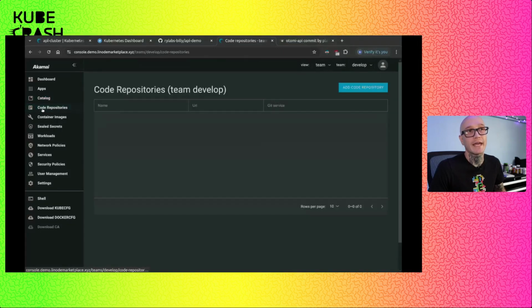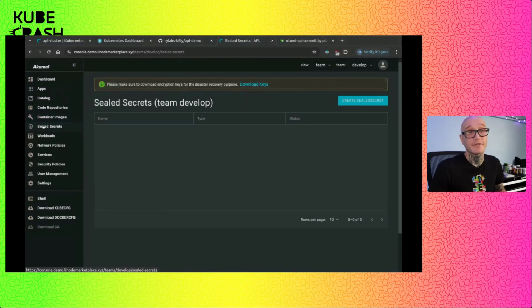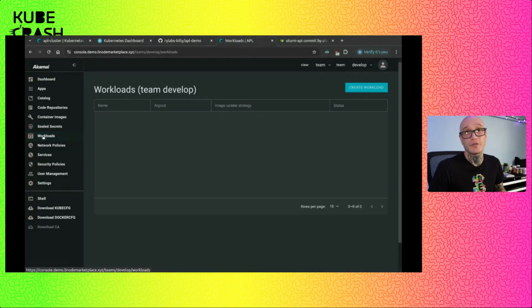You can see we can add more code repositories and custom container images. We can have team-spaced, namespaced, sealed secrets. Workloads just in this namespace, which is going to translate to deployments in Kubernetes speak. Network policies. This team can add services and so on.